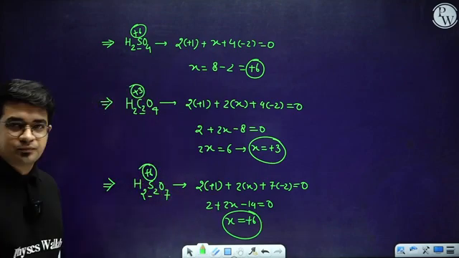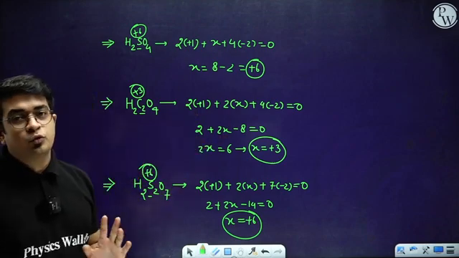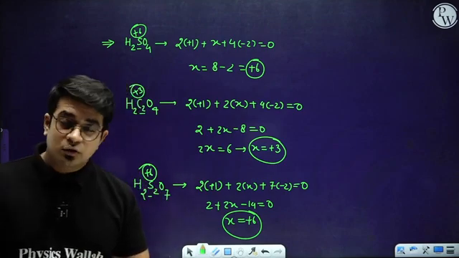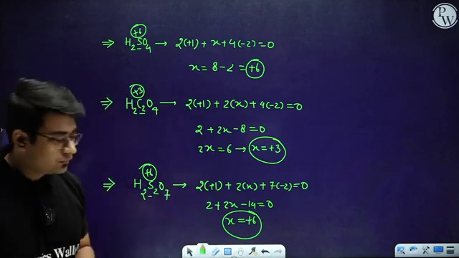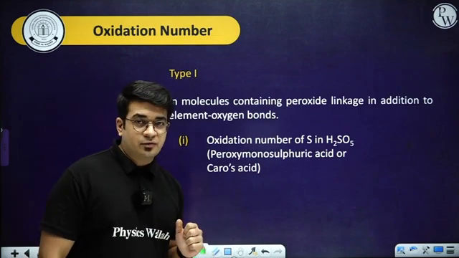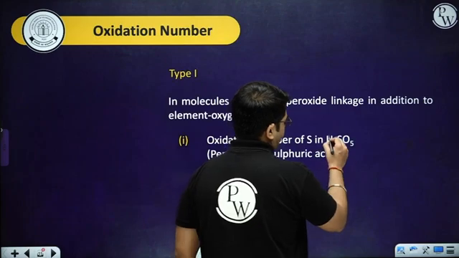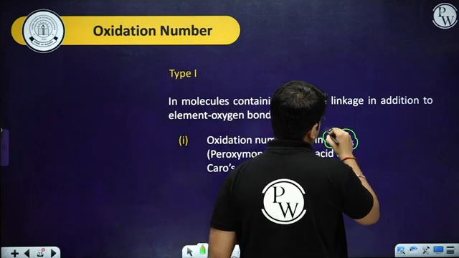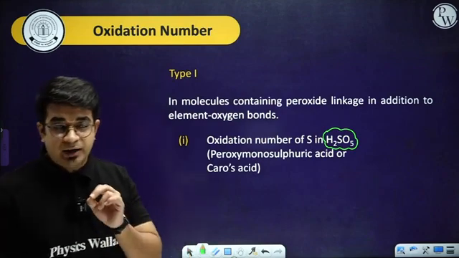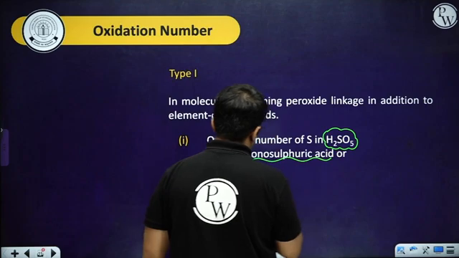Okay, another case. This rule is applicable in most of the cases, but there are certain cases in which you cannot apply that rule because it's going to give you a wrong answer. Now it's time to discuss the next concept where this rule is not going to be applicable. Let's say we are talking about a specific acid which is known as Caro's acid or peroxymonosulfuric acid,